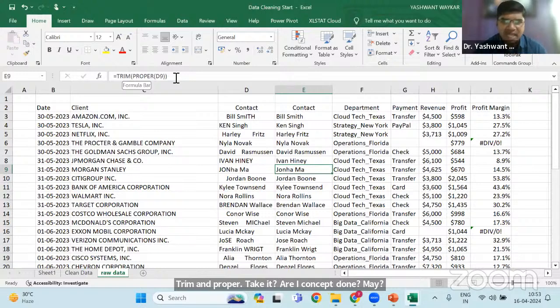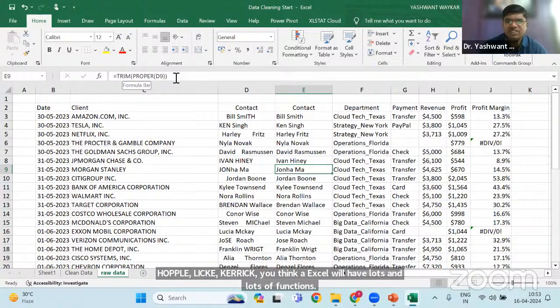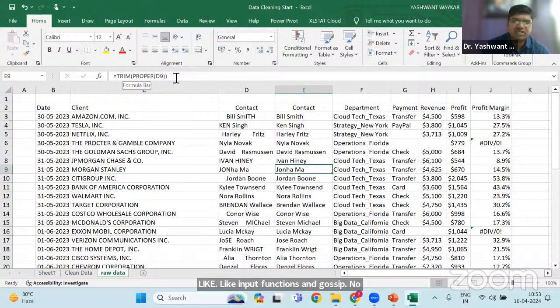देखिए एक्सेल विल हैव लॉट्स एंड लॉट्स ऑफ फंक्शंस, हर एक फंक्शन हम याद नहीं रख सकते, लेकिन कुछ फंक्शन है जो उसको सिर्फ नोट डाउन करके बाजू में रखिए. एंड व्हेन यू आर इन नीड ऑफ दैट फंक्शन यू कैन हैव अ गूगल, यू विल गेट अ फॉर्मेट. जरूरी नहीं कि मैं पढ़ाऊंगा और आपको पूरे याद आ जाएगा। जस्ट रिमेंबर द नेम ऑफ फंक्शन कि इससे ये काम हो सकता है। ओके, ठीक है। तो ये प्रॉब्लम सॉल्व हो गया हमारा।